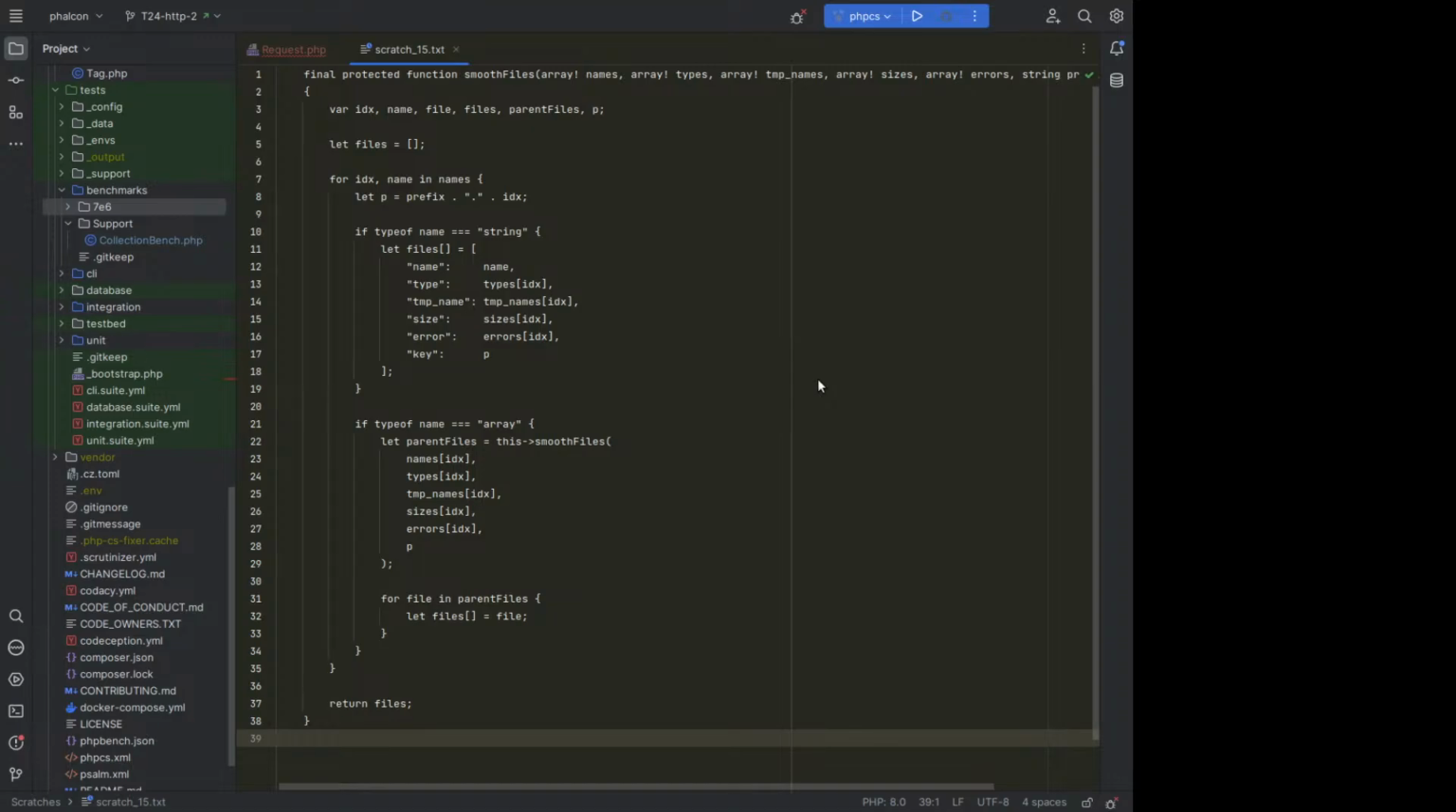Alright, so this is the Zephyr code, right? Let me try to find that thing. Where do I have